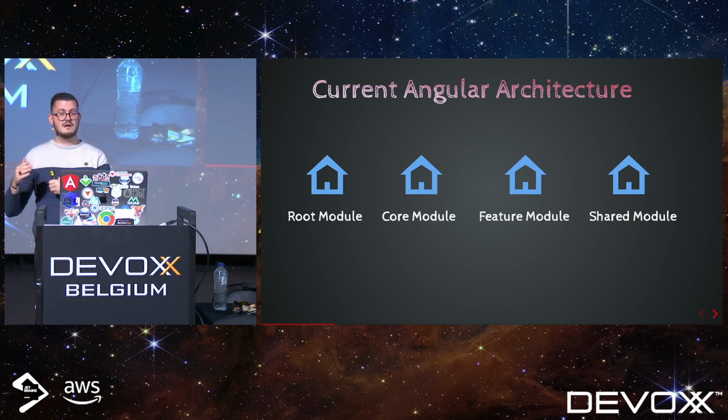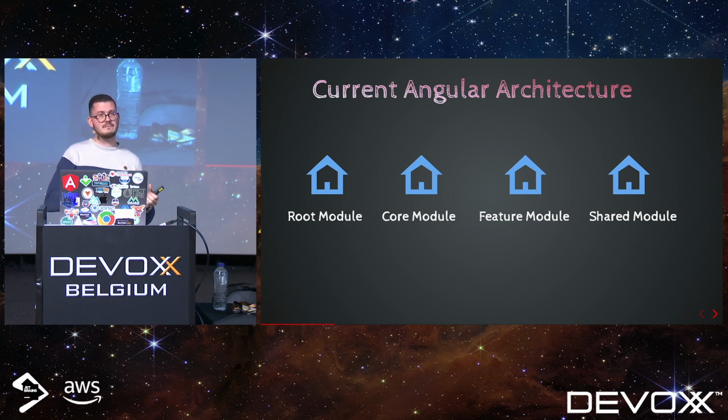It will also contain shareable and customizable components, pipes, directives, and of course the components exposed by your design system, like NG Zorro, Angular Material, ng-bootstrap, or your own home-made design system. Okay, so